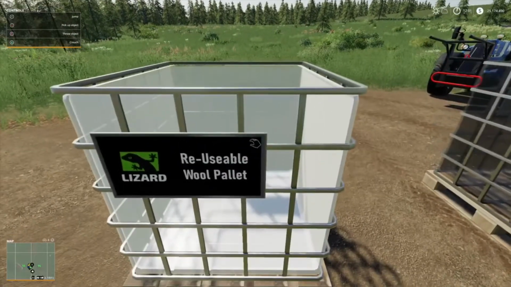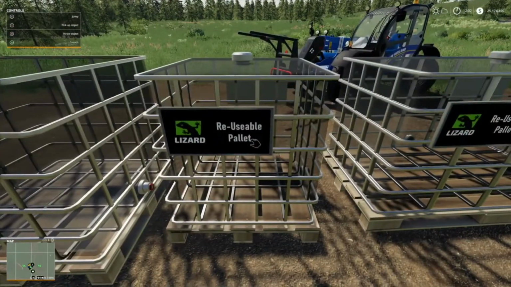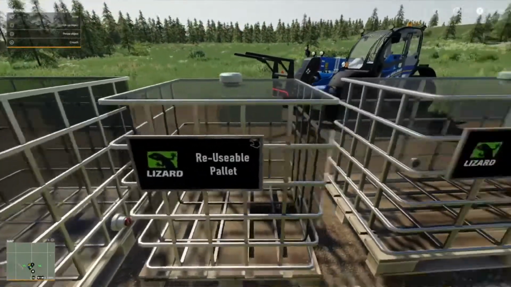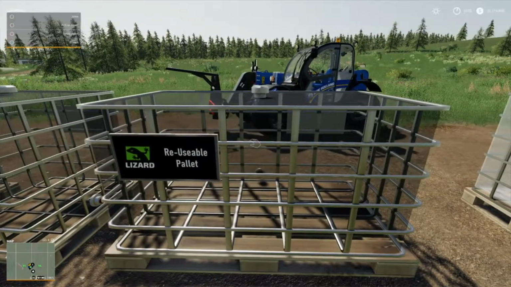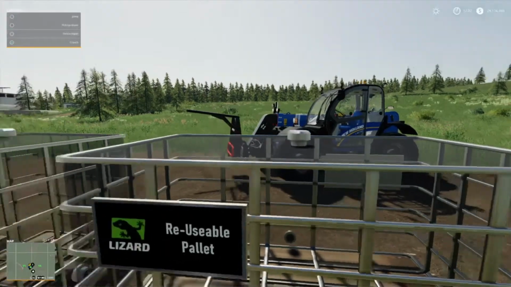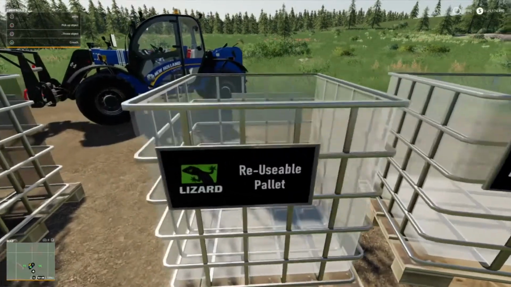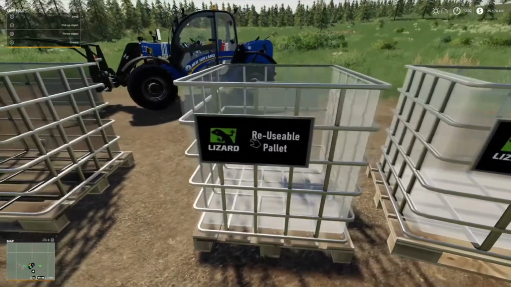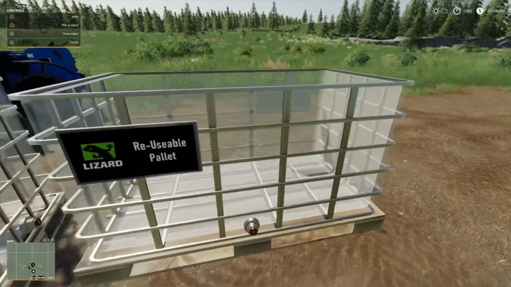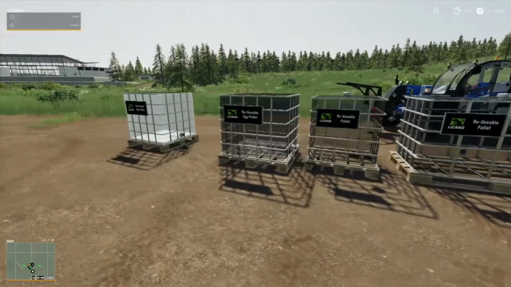is you got a wool pallet there, you got your egg pallet, reusable pallet there, which is for liquids. It's set at all liquids, so you've got your standard pallet and then your bulk liquid pallet there. You can tell the difference because the liquid one has that lid or cap on the top there, like so. And then you've got your multi-fruit reusable pallets there and there. You've still got your standard and your bulk, and these are made by Quiethitman, the modder that made these,